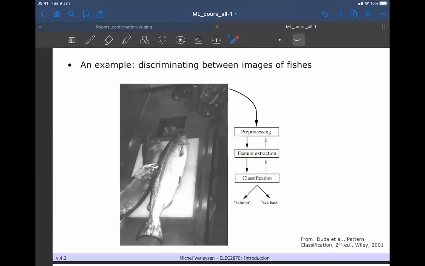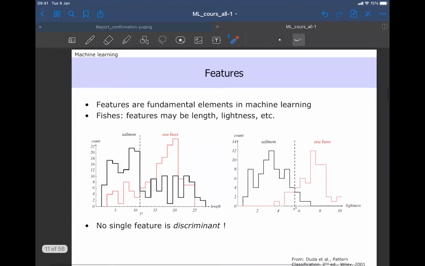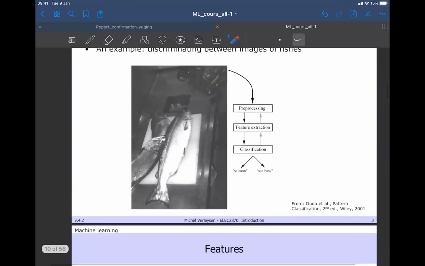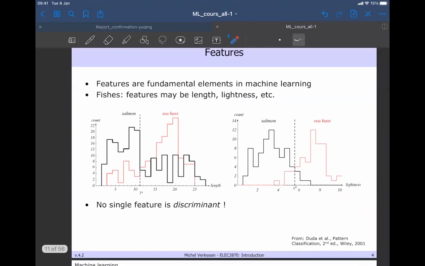So let's see in depth what the feature extraction can be. So these are really the fundamental elements in machine learning, because these will describe what you have as data. What is your input? Is it light? Is it dark? Is it white? What are the properties of what you see? And this is then encoded into features. So let's say for the fishes, it could be the length, the lightness, etc. And so if we plot